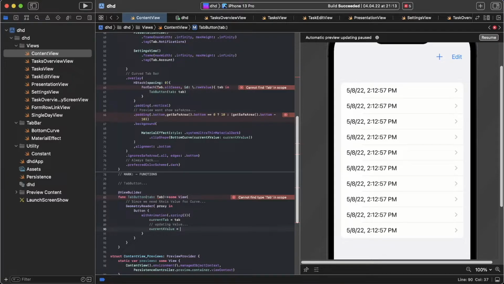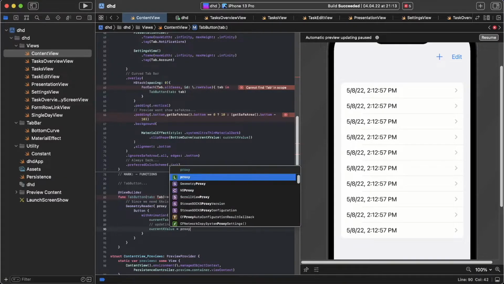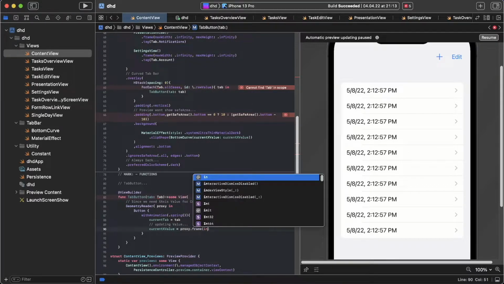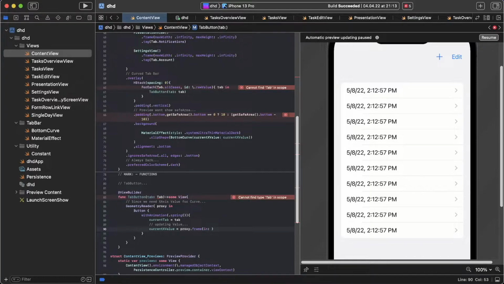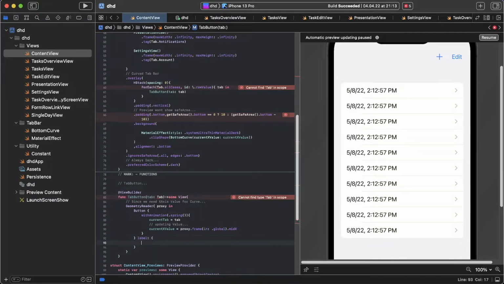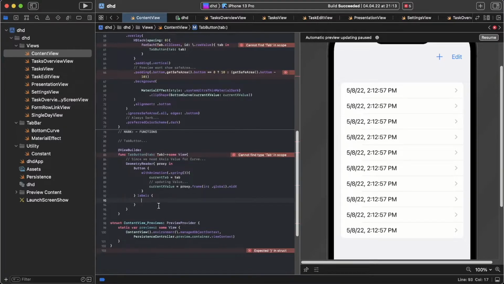Current x value equals proxy frame, open brackets, close brackets, in double point, point global, point mid x. So here we go for label, double point, open brackets, close brackets. Then here we go for comment, moving button up, for current tab,